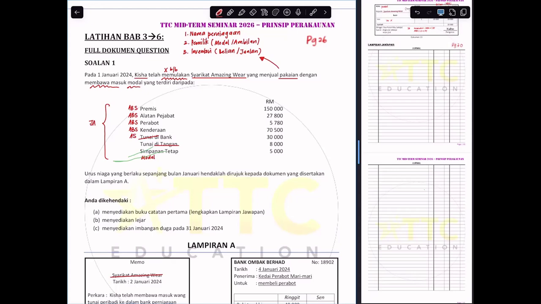Tunai klasifikasi, also AS. Simpanan tetap, simpanan means your saving, your fixed deposit, your saving in the bank. Your saving in the bank means the money in the bank. It's just that you keep it for a longer time. It's still your money, right? As long as it's your money, no matter where you keep it, always be asset. Semasa modal,